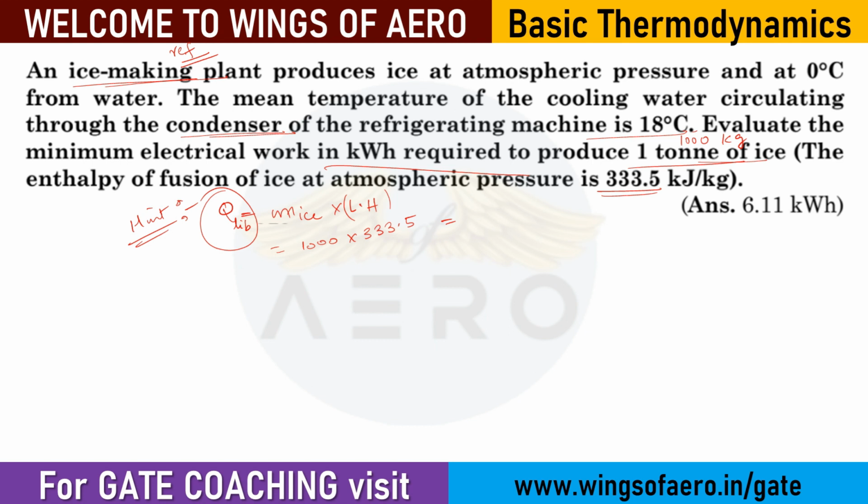So here they have given 0 degrees. The plant is stored at 0 degrees. So you know what T2 is. If this is T1, there is a cycle, and this is T2. T2 is 0 degrees Celsius, and this is 18 degrees Celsius. Convert to Kelvin. You can see how much heat is being liberated. So you can easily, by the same process, find out the work done.